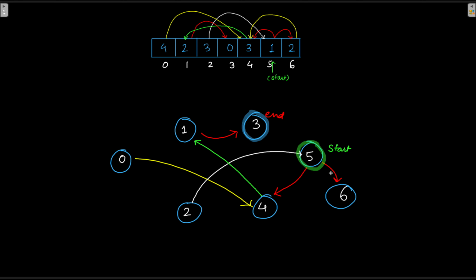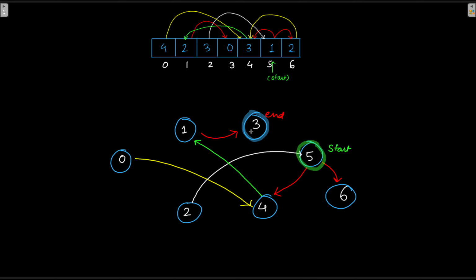You can see from the graph that at 6 there is no outgoing edge. So let us see the path where the other option leads us. We go to 4, and at 4 there are two options. Either we can go to 4 plus 3 or 4 minus 3. If you remember, this is where the edge coming from 0 also merged. So from 4 we can go to 1, and then from 1 we can go to 3, and that is the end. That is exactly what the question was asking.